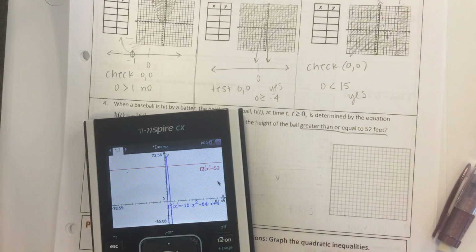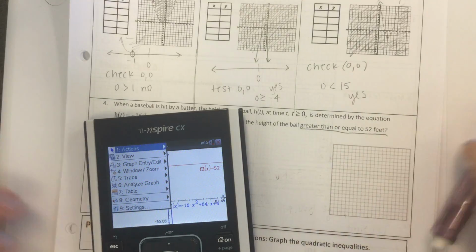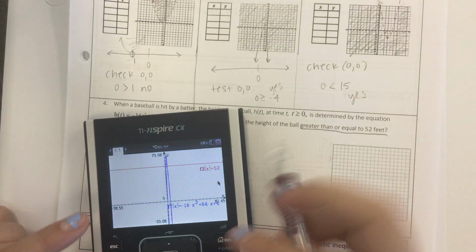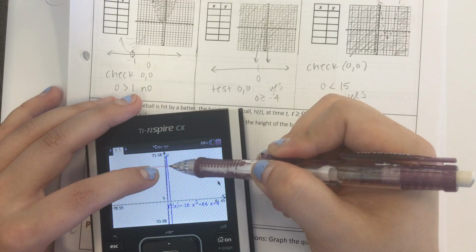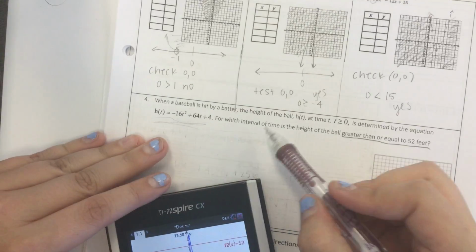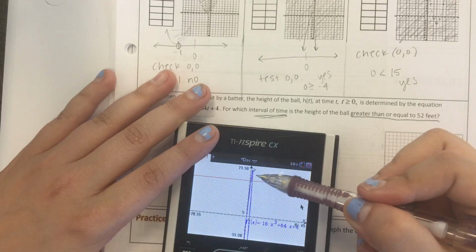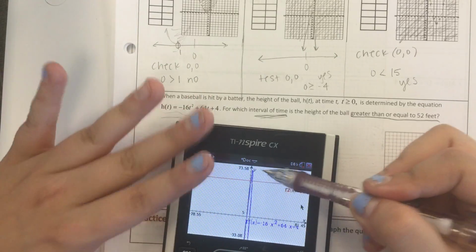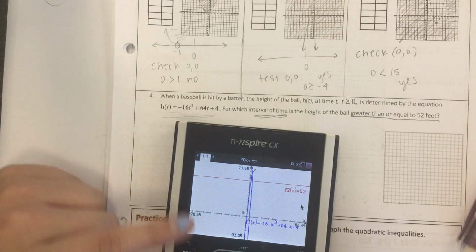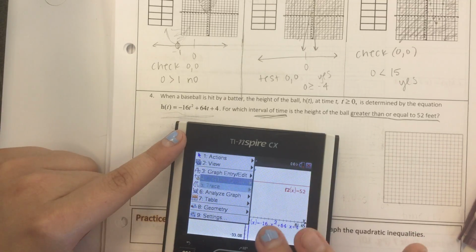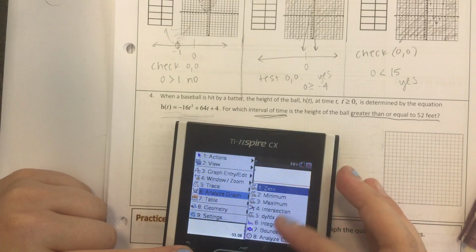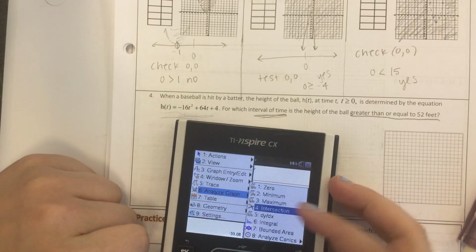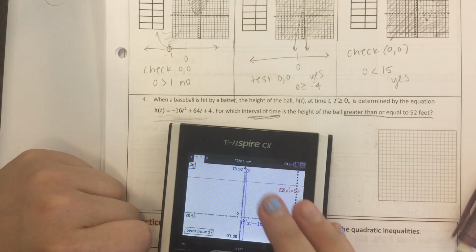So how are we going to do that? Because that's going to tell us when it is going to be at 52 feet, and then we can just determine the length of time, because for which interval of time we want to figure out is the ball above 52 feet. So what we're going to do is go menu. We're going to go analyze graph intersection,